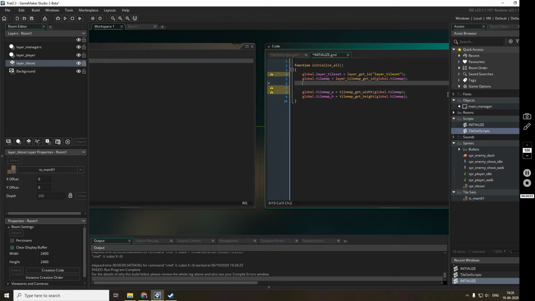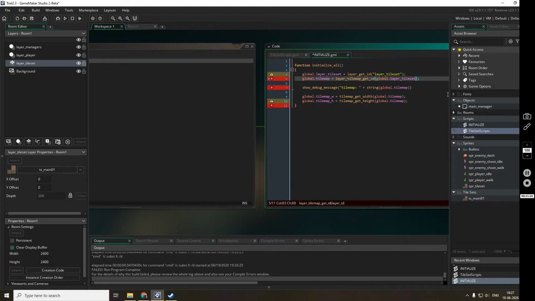Okay, what I'll do is a debug message. Oh, am I doing something wrong here? Yes. Oh my god. Layer tilemap get ID